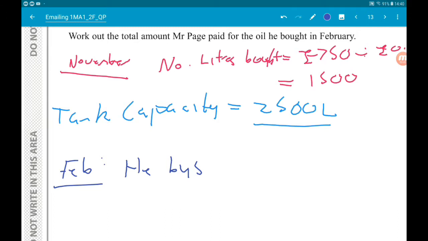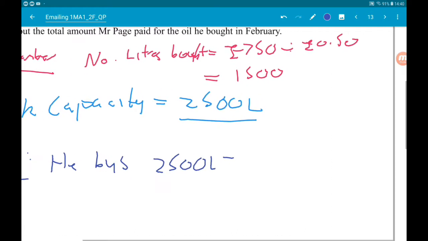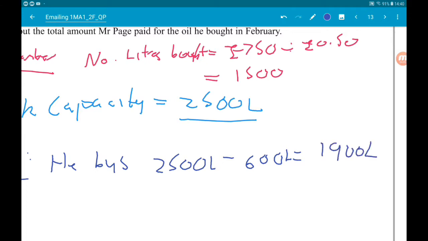So, to work out how much he has to buy, we do the tank capacity minus 600. Now that gives us 1,900 litres. So,